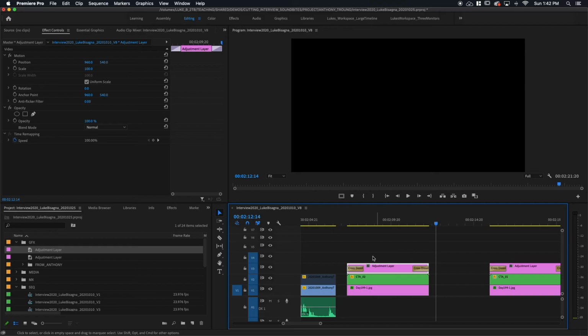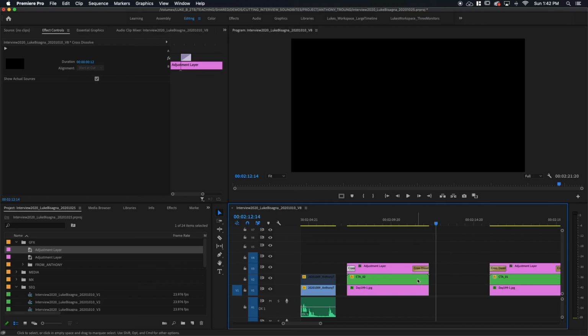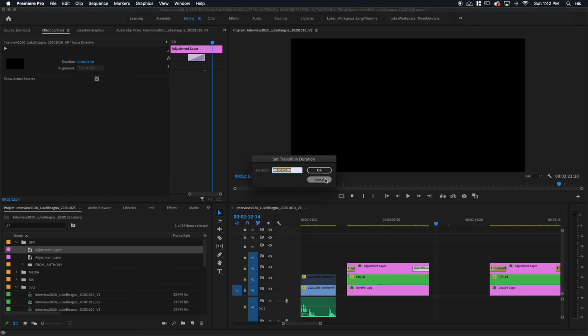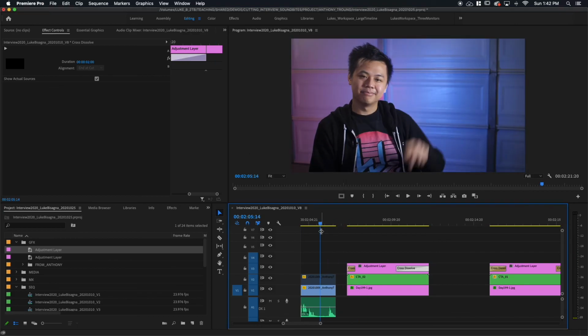I like it, but I don't like the length of the fades. I think I want this one to be shorter, about half a second. So I'm going to go for 12 frames because we're in a 24 frame timeline here. That's half a second. And then this one, I think I want it to be twice as long. It's normally a second, so I'm going to go for 200, which Premiere interprets as 2 seconds. Boom. Now let's check that one more time.